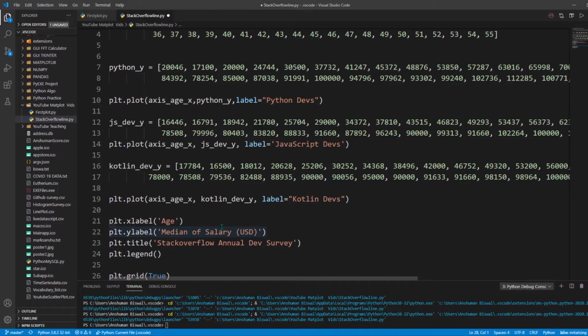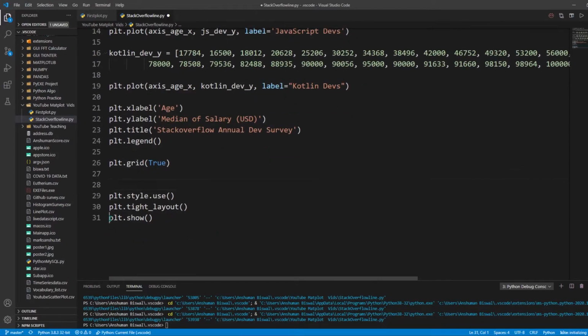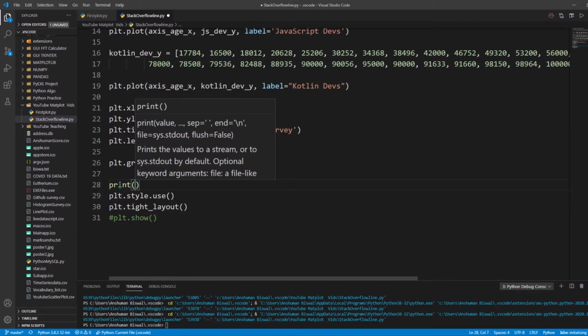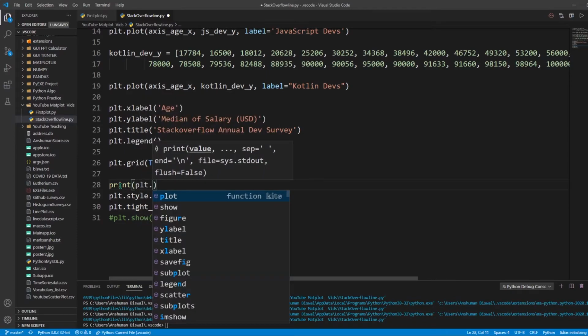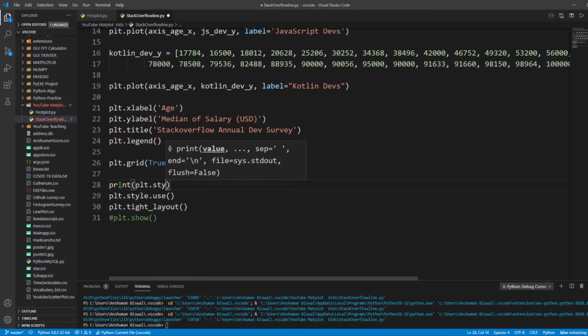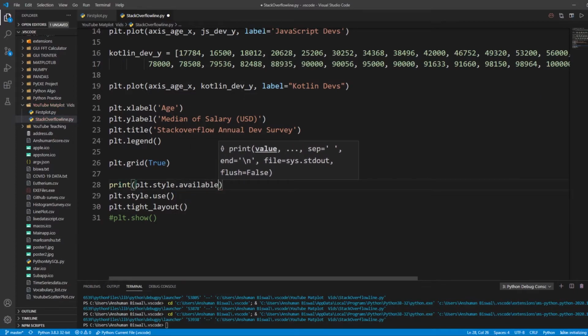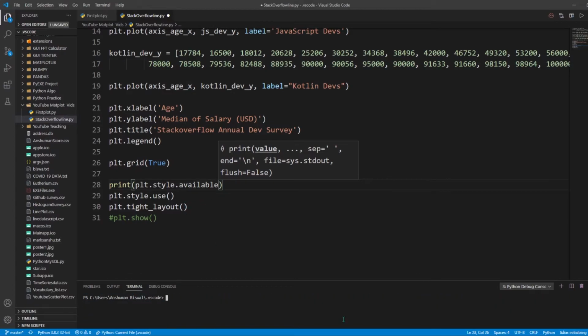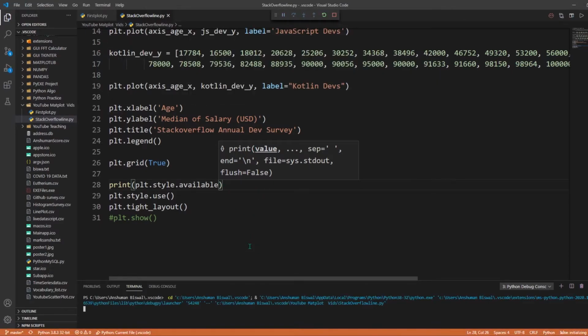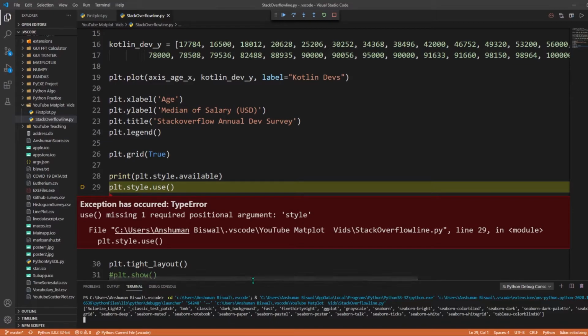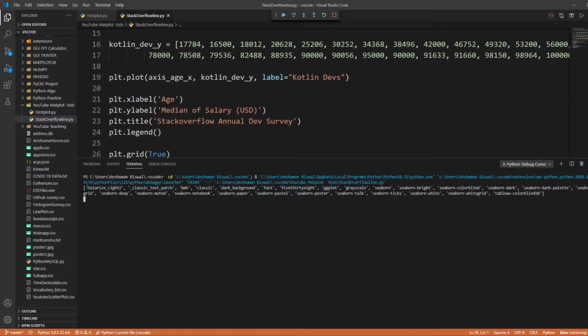Now at last I wanted to show you the different kinds of plots and the different styles available for Matplotlib. Now for that you just have to comment out the plot show, and here you can type something like print, because I want to print this to the terminal to show you the list of styles available. So you go plt dot style dot available. Now what it will do is it will give you the list of styles available. Let me just clear this terminal and show you. Let's just run this program, F5, and yeah, it will show you the error, but as you can see in the terminal, all these are the